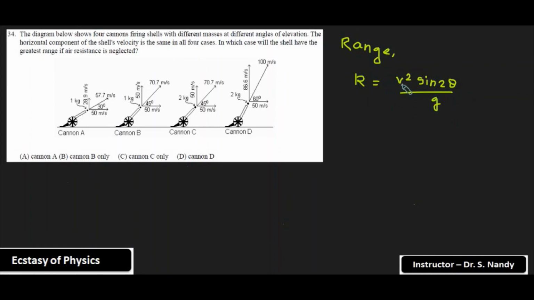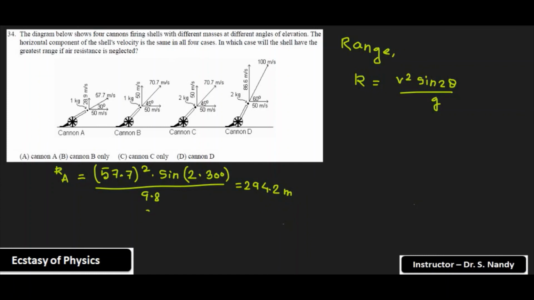Here V represents the velocity of projection, theta represents the angle of projection, and g represents the gravitational acceleration. Now if we substitute all the values for cannon A, the velocity is 57.7, squared, with sine 2 theta where theta is 30 degrees, divided by 9.8. If we calculate that, we get 294.2. Similarly for R_B, the velocity is 70.7 and theta is 45 degrees, so from there we get